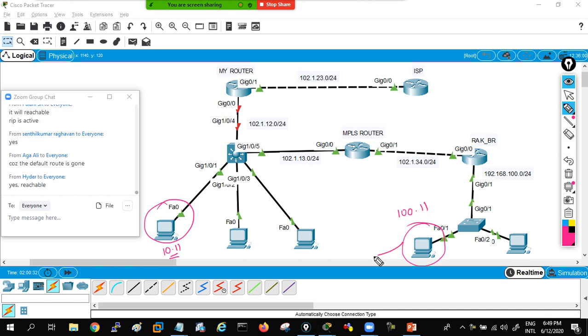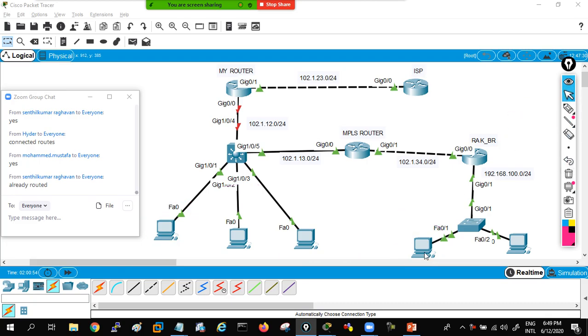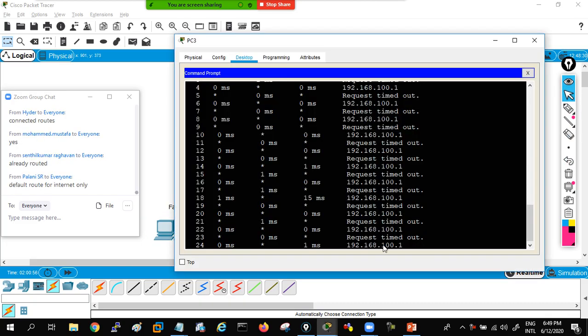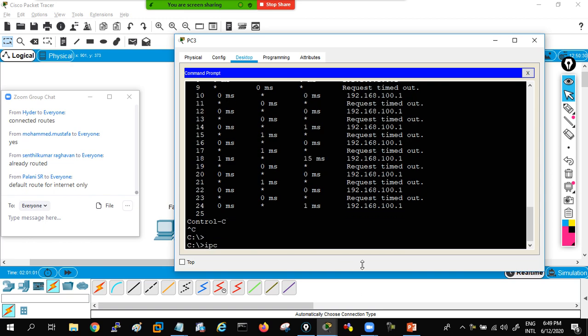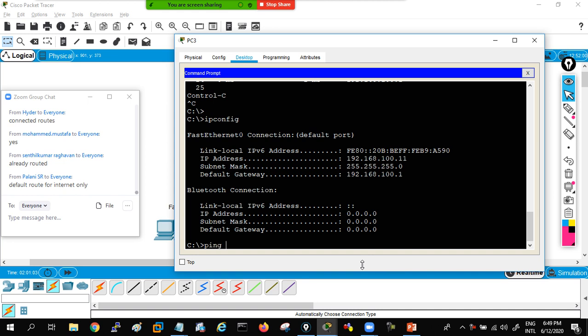Can I talk from here to here? Yes or no? Yes. And Ali, you are saying something? Why are you saying that a default route is required? Because here you have routes, no? Okay, let's go and check it now. Don't worry, guys. It's fine for me, but you guys have to understand the concept. Okay, now ping